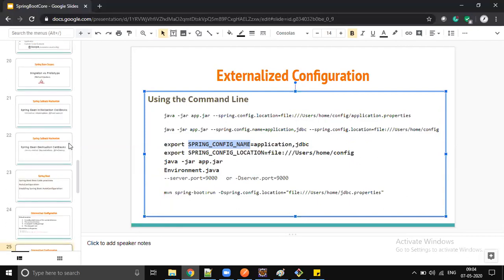Okay, yeah. Sunil, just one question. If I have multiple properties files, then in spring.config.name, shall I give star so that it will take all the files from that location? Is it possible? You just try that out. I never tried that out. I used to pass them comma separated. Yeah, you just put the star regular expression and check whether all the files are loading. Might work. Just try that out because Spring supports regular expressions. Yeah, it might support, but I am not 100% sure.